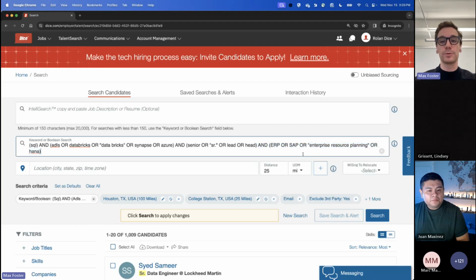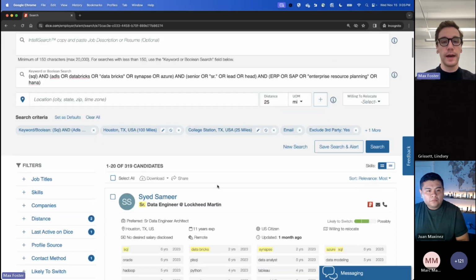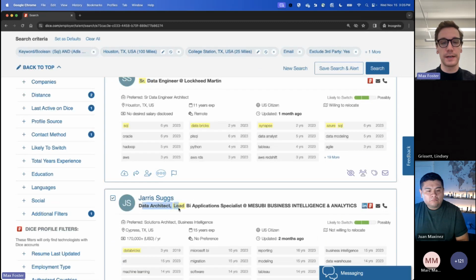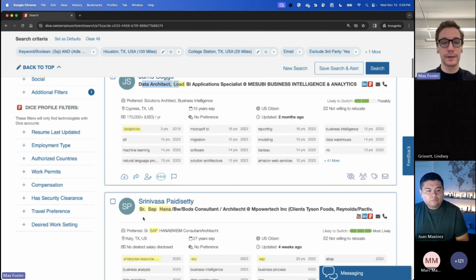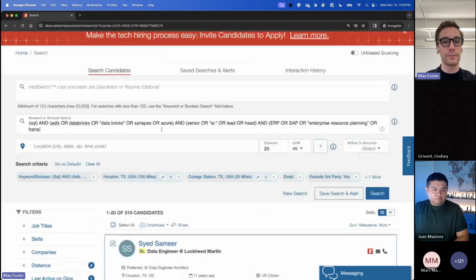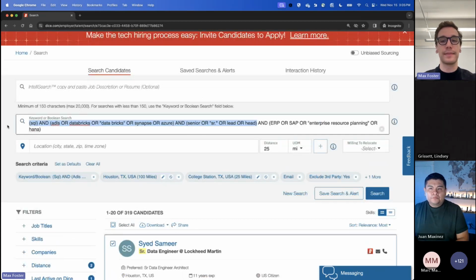But everybody, I just want to show you what's going to happen as we search for this. So I'm going to go search with our ERP systems right there. And now we've brought it down to senior data engineer, senior data architect, lead BI applications, senior SAP HANA. These are now looking more and more like what we're looking for. But keep in mind, we've done only a couple things at the front, and then we've added on things at the end to help narrow down, one by one, and noticing who we are seeing.